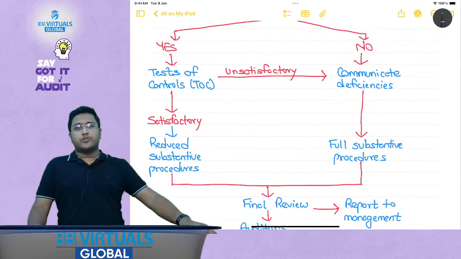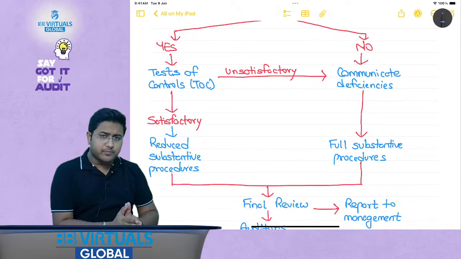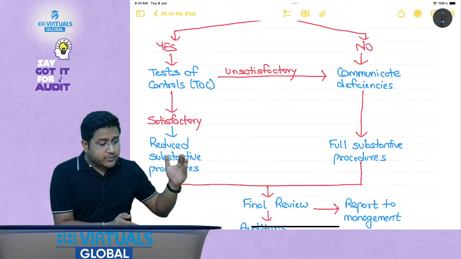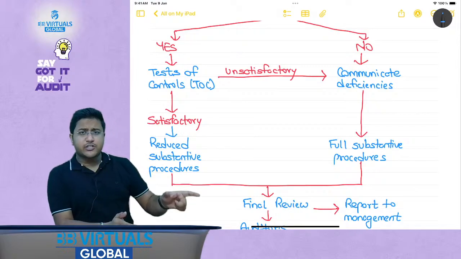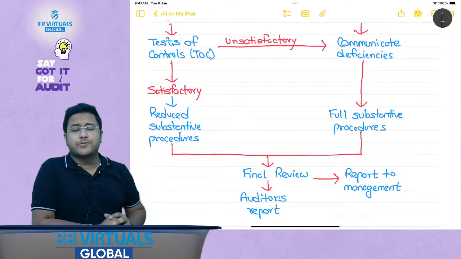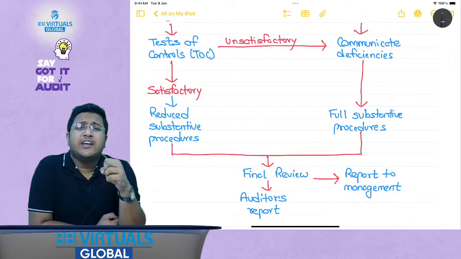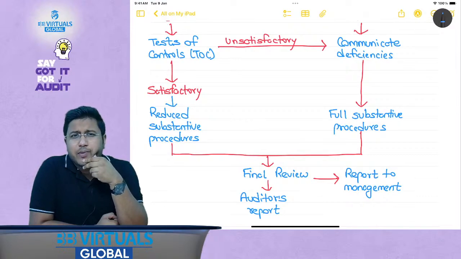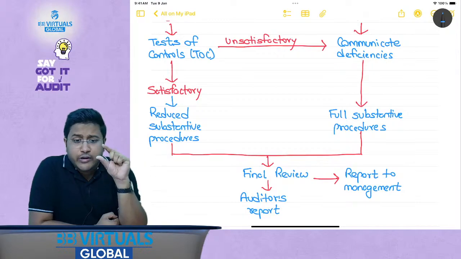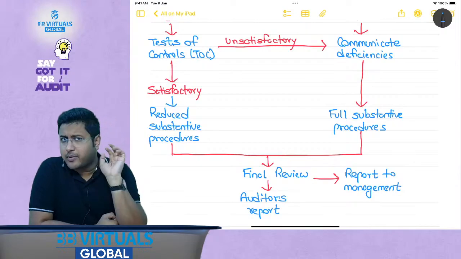What is this? Test of controls is basically, like I told you, that there is a strong system in my organization that every person who wants to attend my lectures will have to follow due process. So the auditor will test how many times the due process has been compromised, is there any deviation, is there any deficiency in this internal control, and if they are satisfactory, then they will be reducing the substantive procedures. What are substantive procedures? Substantive procedures are basically the procedures used to do the number audit. When I say number audit, what do I mean by it? Test of controls talks about the process, but the actual quantitative impact on the financial statements would be verified by substantive procedures.